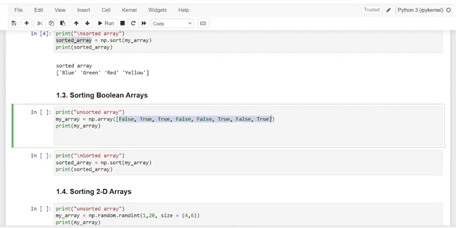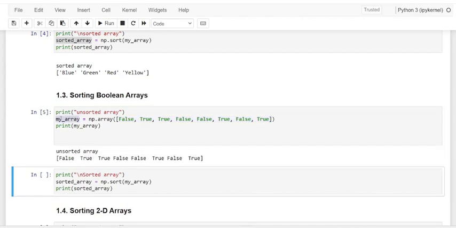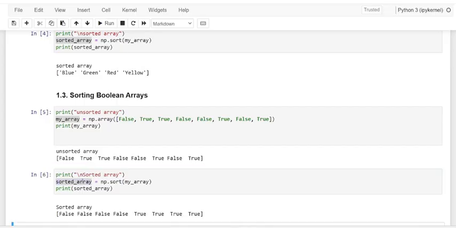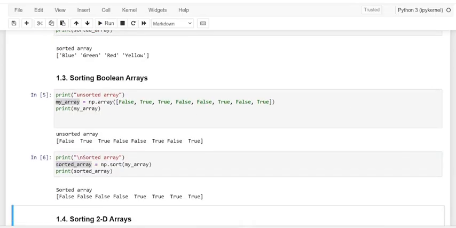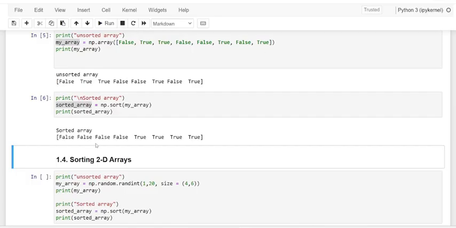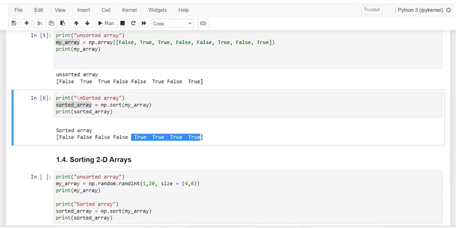We pass it to the variable my_array, and here is the original unsorted Boolean array. On passing my_array to the function np.sort, it results in a sorted array. Kindly note that the false values appear first in the array, followed by the true values.